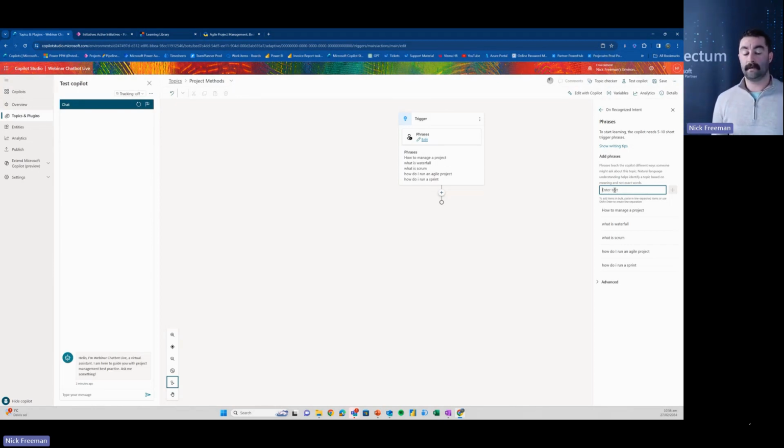So we're saying if the user asks anything like this, and it's not specific to that, and that's the great thing about Copilot Studio now, is it's going to recognize if there's anything of these keywords or anything around these topics, it'll recognize that and take us down that trigger, which is really nice. Okay, so first thing I want you to do once you've got all of those in, hopefully you've got most of them or if not all of them in,